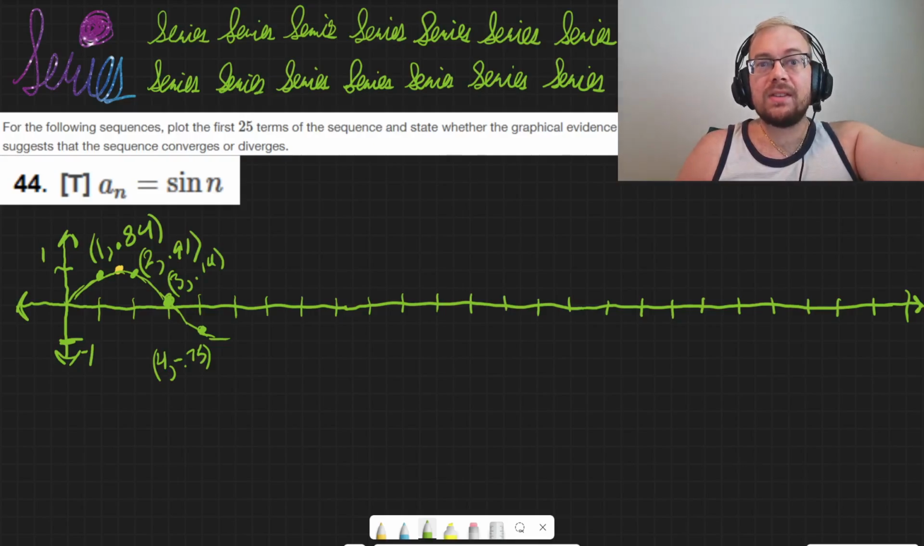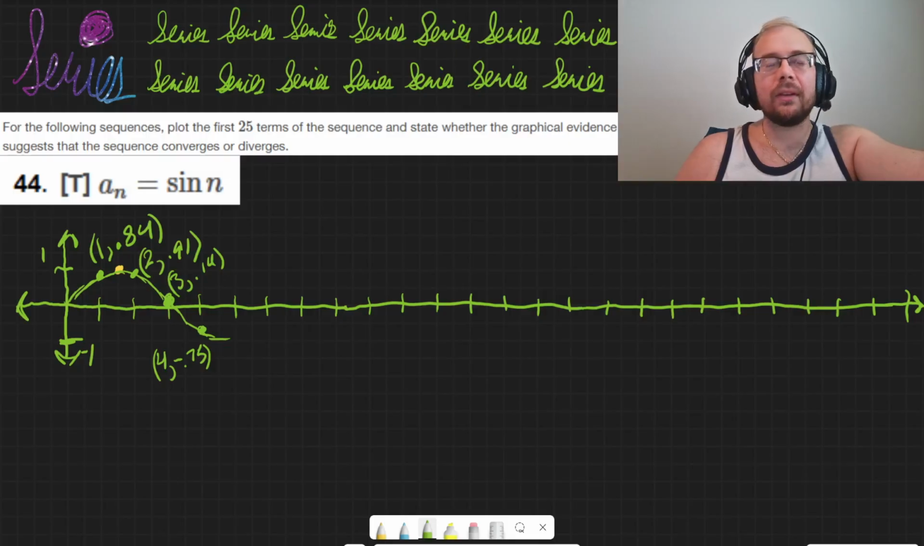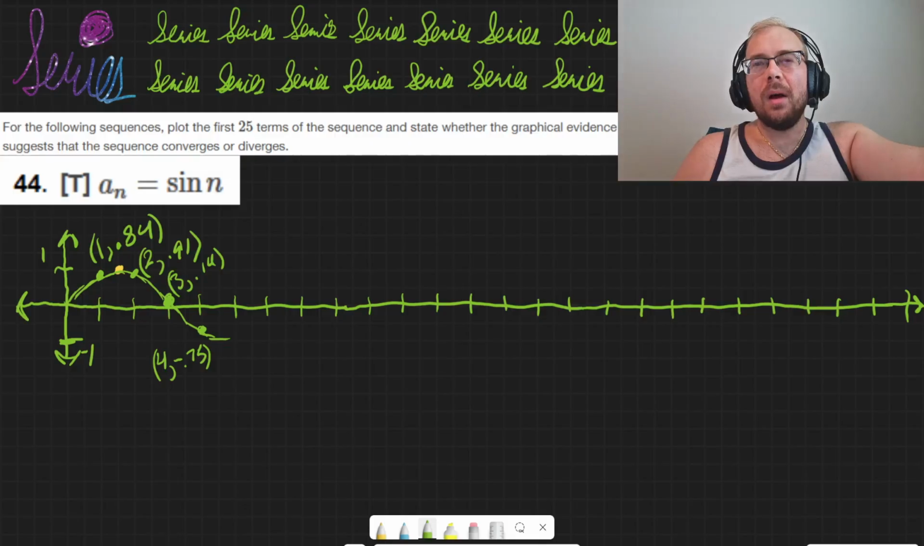And state where the graphical evidence suggests that the sequence converges or diverges. Now you're just looking at a pattern, so it's not like an exact thing. It's just sort of like, oh, hey, what's it looking like the answer's supposed to be? Which is actually a pretty good idea, and that's what I actually do, is I'll just look at the pattern and be like, oh, it looks like this is happening, so that's probably the answer. Which, of course, is not always the case, but